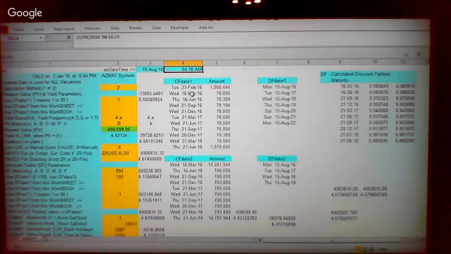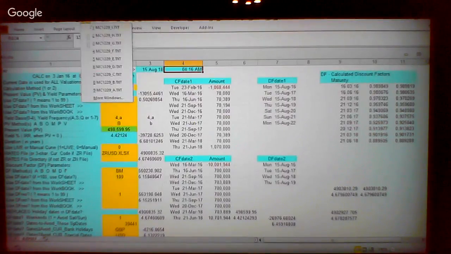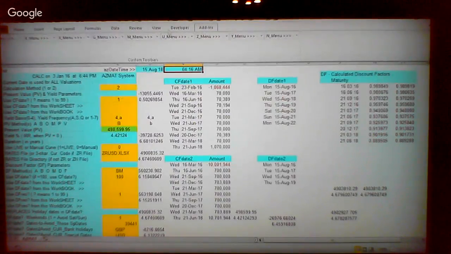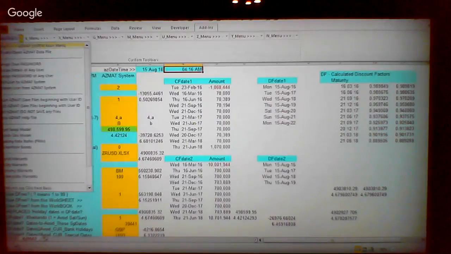Okay, now having done that, I am not interested in saving any of these text files because they're already saved by AZMAT System. And remember, whenever we were closing, I said, when it asks to save any changes, click no. So I don't want to save these files at all anyway. And I don't want it to keep asking me each one. Close the save changes. It's very annoying. It will be very annoying if I have to answer it 10, 12 times for each of these files, which you may have to do if you chose this option,